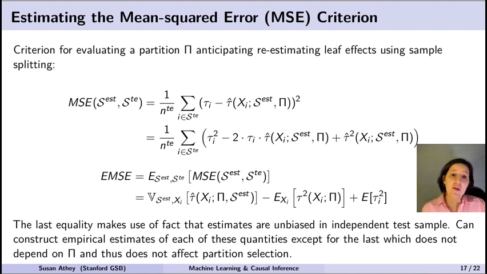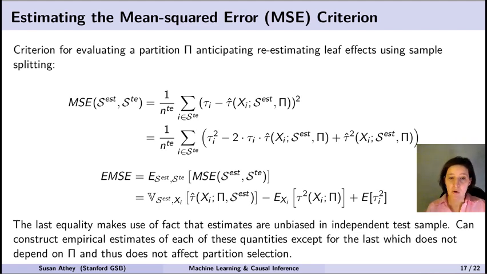I'm going to actually define this as a function of two sets. So my overall objective is to minimize mean squared error in the test set, but my tau hat, the estimates, are going to be parameterized by the estimation set that I use to construct my sample average estimates, as well as my partition. And you remember my partition, in turn, came from the training set. So the pi comes from the training set, but the tau hat is the sample average treatment effect for a leaf as estimated from the estimation set.